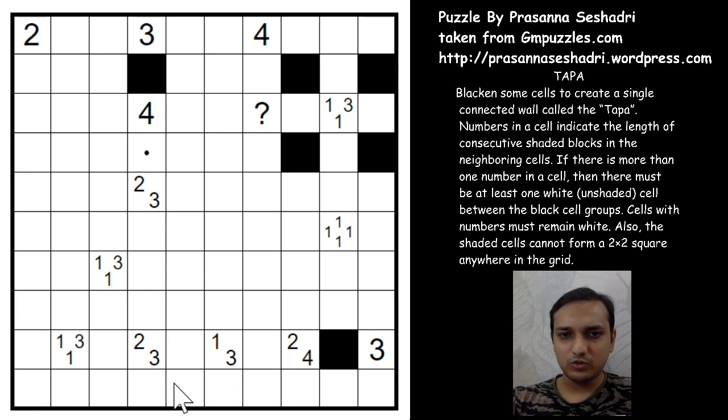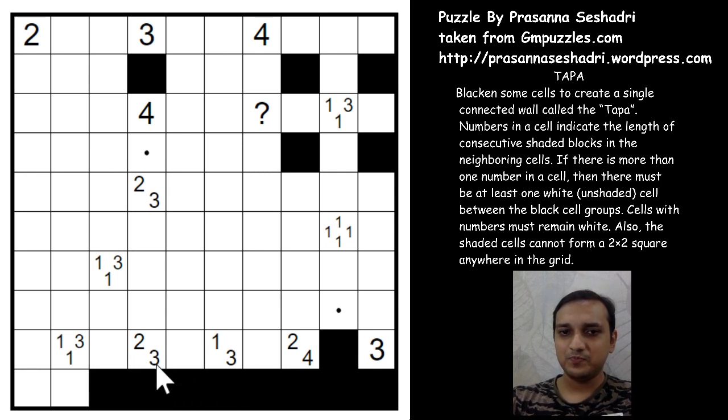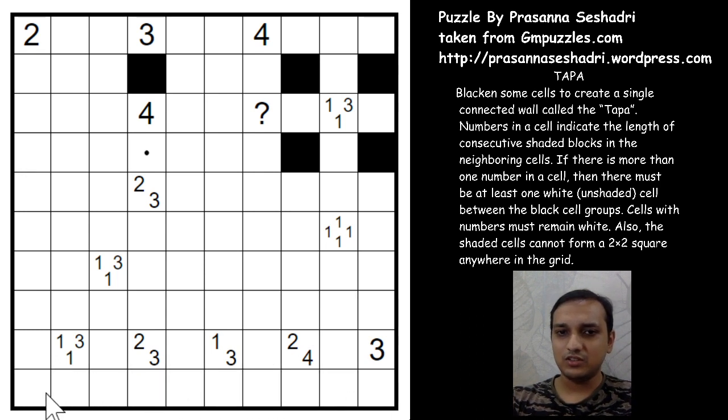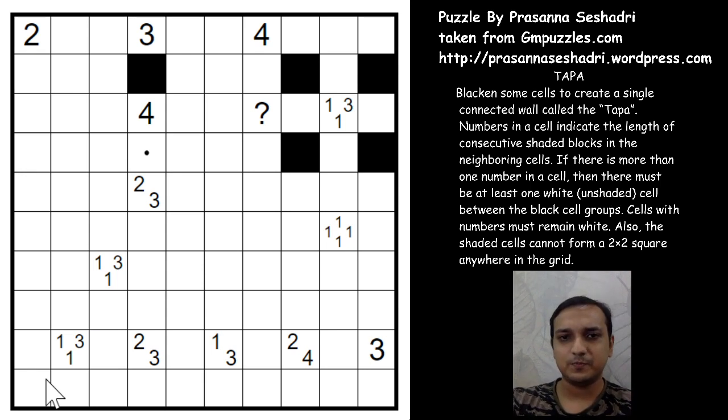Why is it so? Because all the clues here are at most 3 or 4, but no 5 cell clue. So when you have shaded this cell, you cannot go this way out, neither this way out. You have already formed a 3 clue, neither this way out, or this way out. So the whole group of black cells is stranded here. Sometimes you will come across these kinds of cases. You have to look ahead a bit to see that the connectivity is affected in the shaded cells.